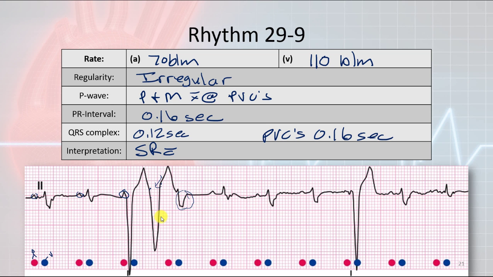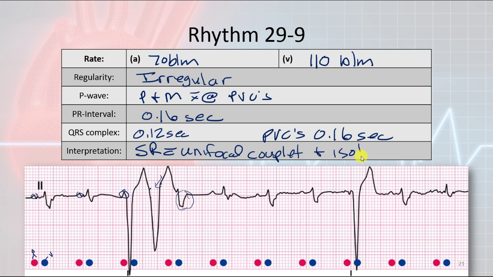So that's kind of where you need to do a 12 lead and hope that you can capture this again to see if it is truly a unifocal depolarization or a multifocal depolarization. For now, I'm going to go ahead and call this a sinus rhythm with a unifocal couplet